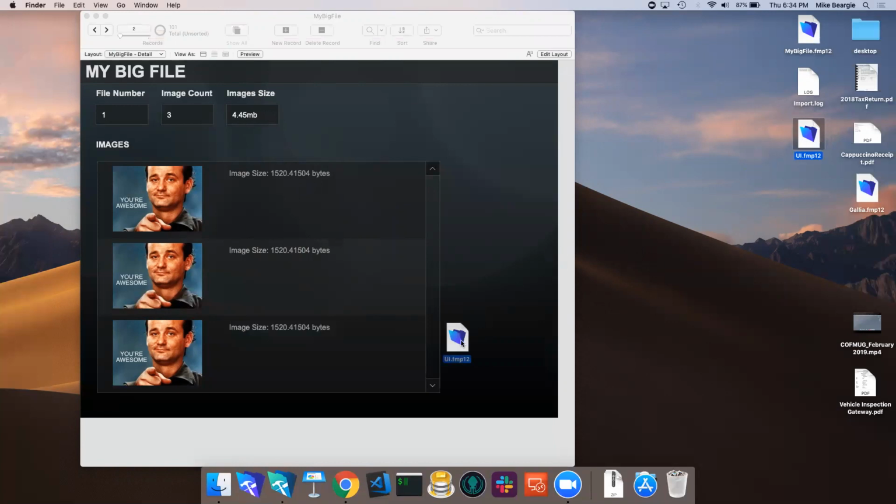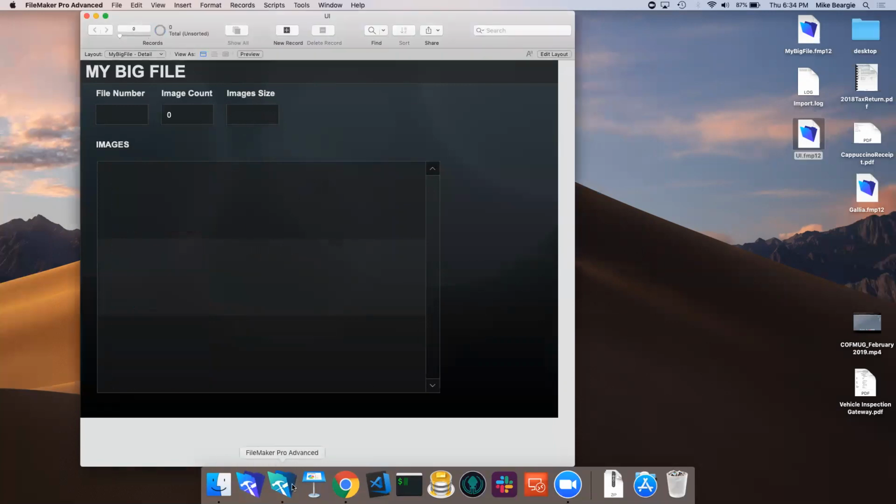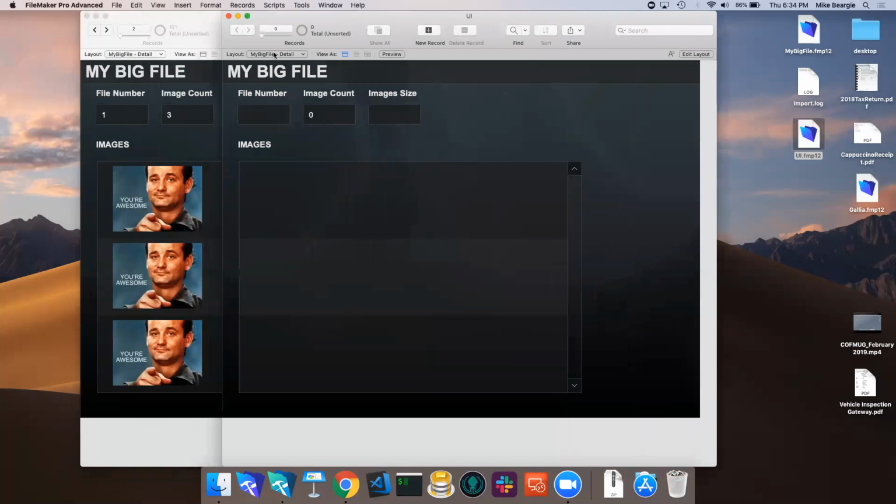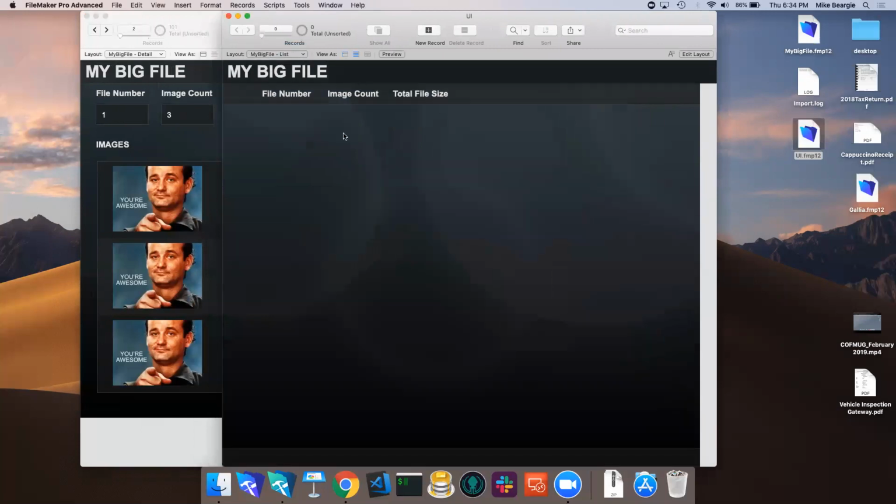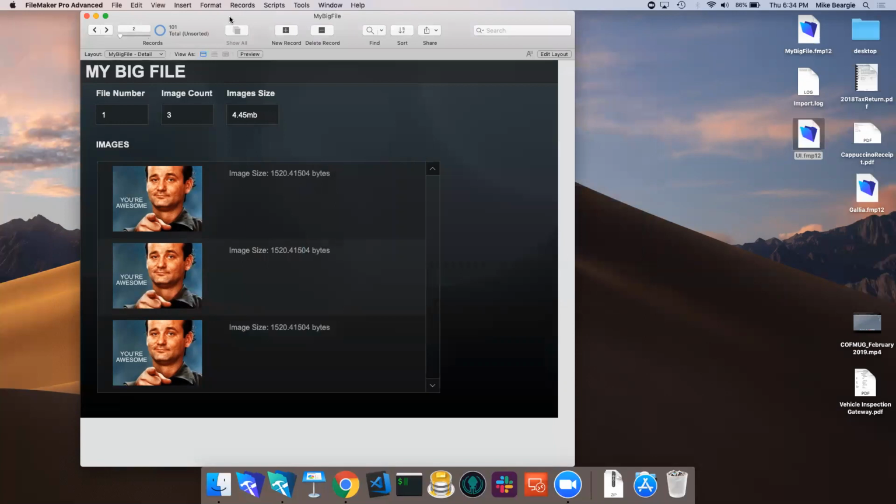Okay, so I just tried to open up the wrong FileMaker Pro. So here is my empty file. If I go back here, I don't have any records in it. It just took the data out. Yeah. So the next thing I'm going to have to do